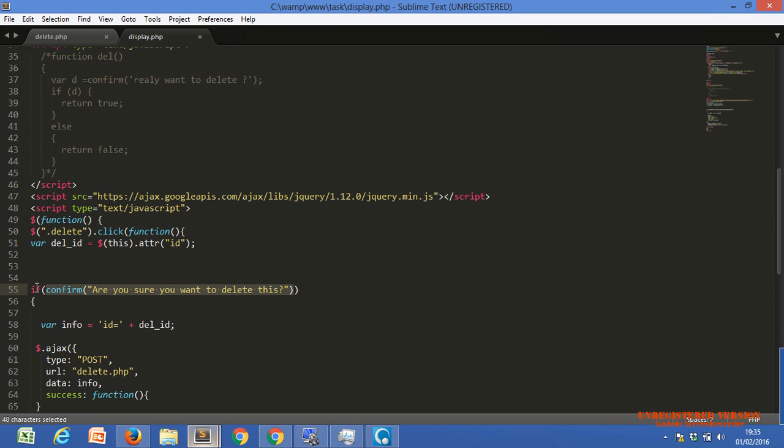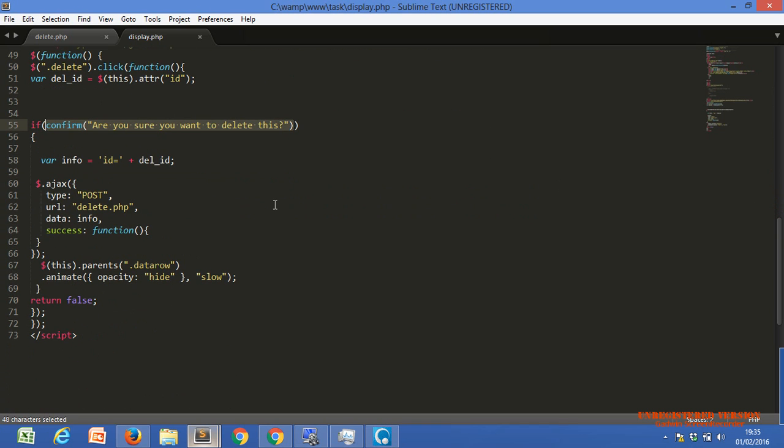Within the if there is a false. False means the if condition will not execute, right, Nazar? If within the if there is a false, it means this line of code will not execute. Did you understand this line of code?